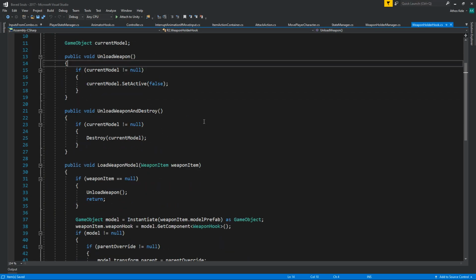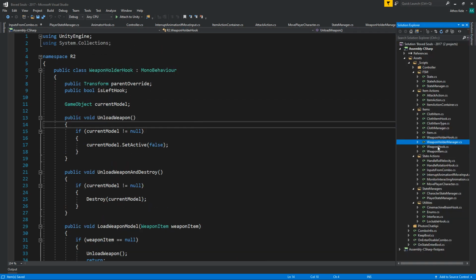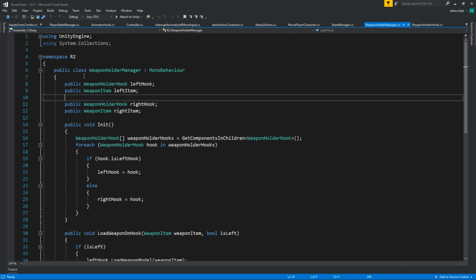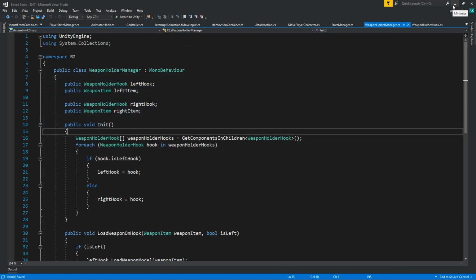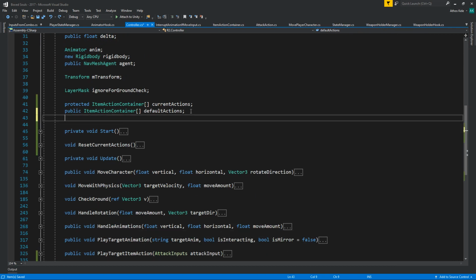So, going back now. Okay, we already have them, so let's bring our weapon holder manager, which is this. We can add it onto our player, but we need to also add it onto our controller as well. So, weapon holder manager,